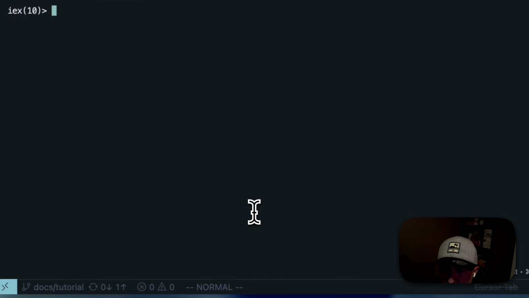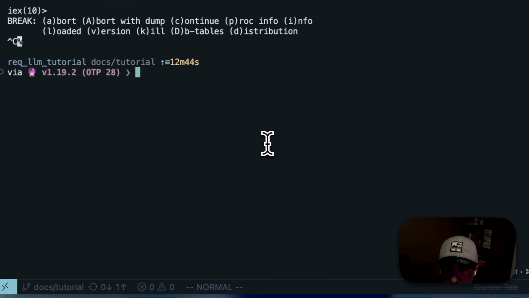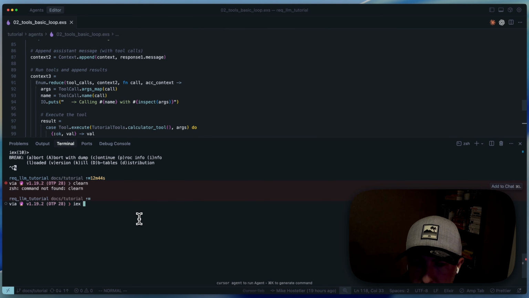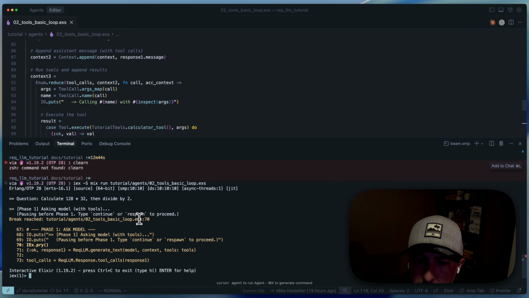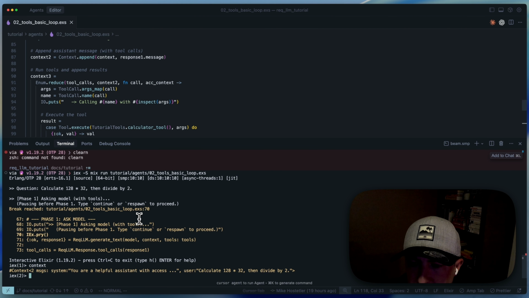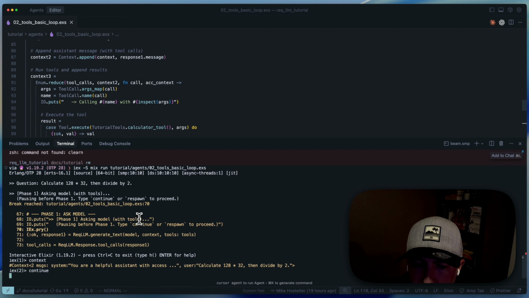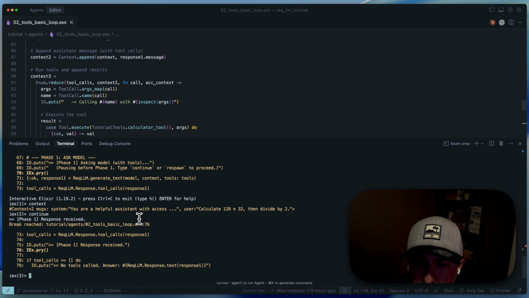We're going to go ahead and run this. So let's take a look. Pop out of here. Next, run tutorials agent 02. Our first stop takes a look at the context that is accumulated. Now, this context, again, is a rich object that will contain the thread of messages back and forth with the model. We'll continue, make the LLM call, and now we can see response 1